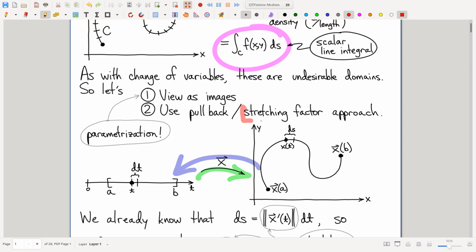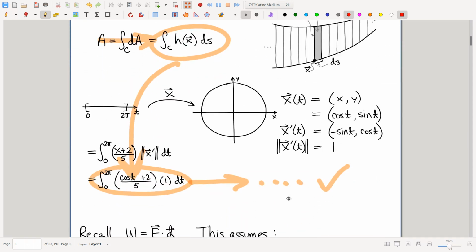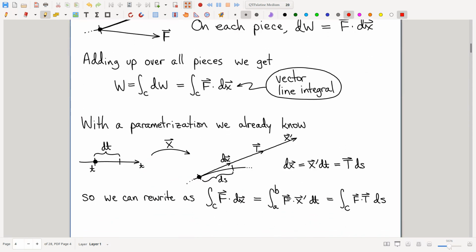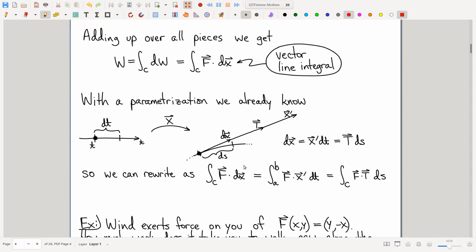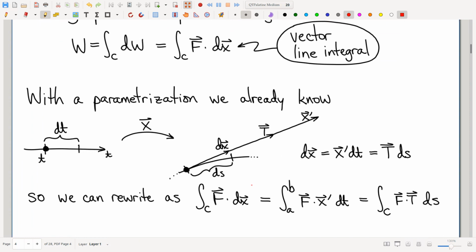We reasoned to figure out the stretching factor. Boom. So we're going to do kind of the same thing here. It's just different details. In this case, the details, again, are pretty convenient. No big deal. In fact, arguably even more convenient than we had with scalar line integrals, because we have pre-existing